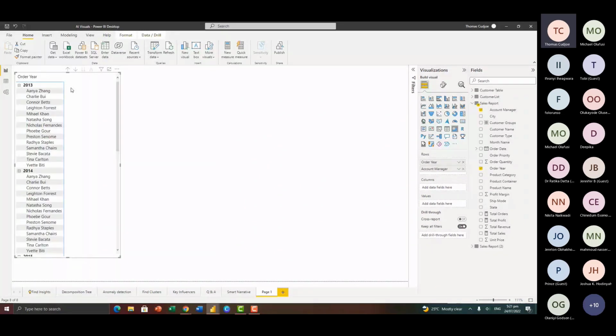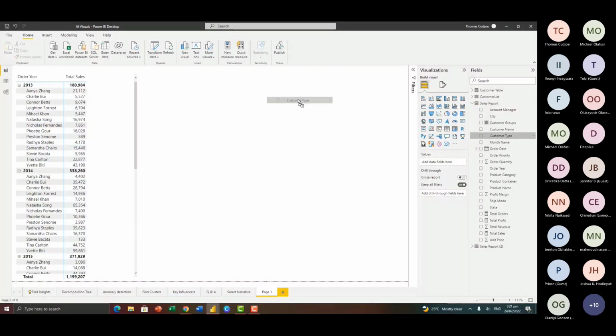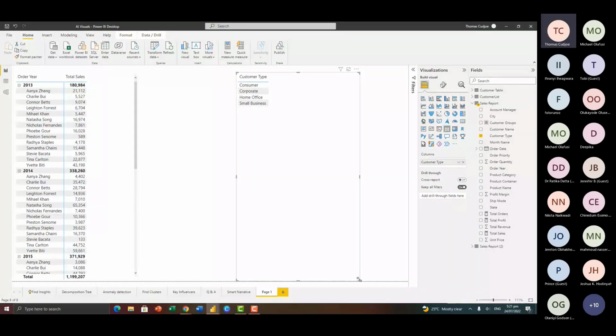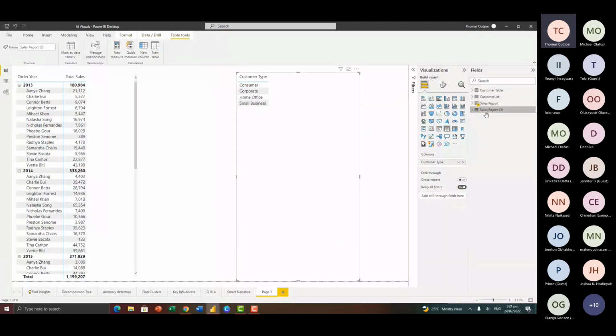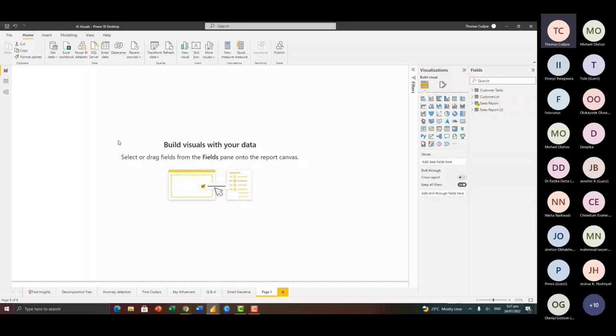I'm going to bring in the total sales. So now we have their total sales here. Now I'm going to bring in the customer type here. We are using the main source data. This is where we have the query applied. This is where we have the parameter applied. So let me remove everything here. I'm going to keep my metrics here.